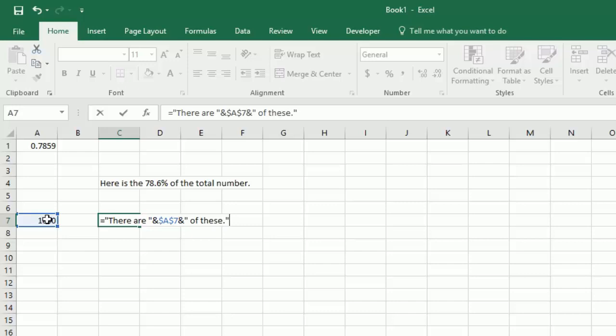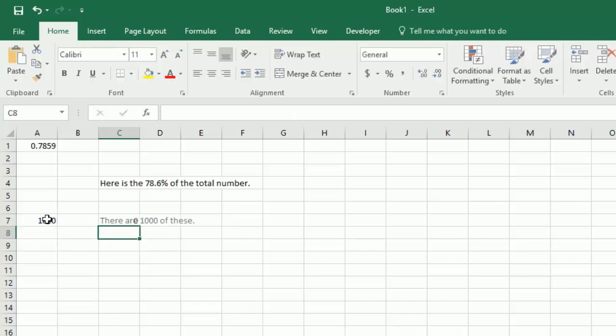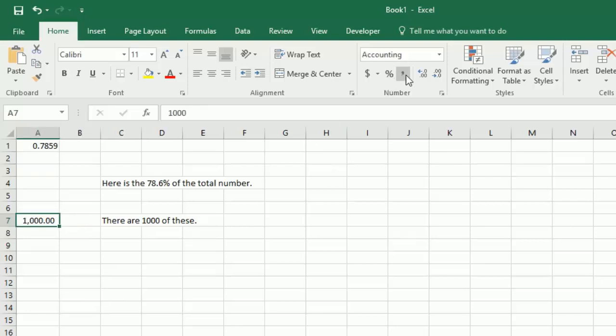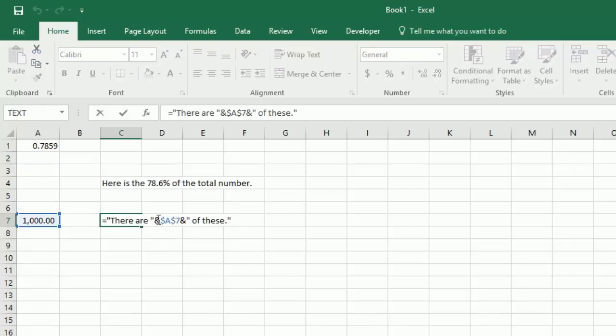Notice I did not put the text formula in there because I want to show you something. Doing it this way shows you exactly how you have it formatted in the first cell. If you change the format of this number, when you click up here, it's not going to change it in the sentence. You have to actually use the text formula for that formatting to take. So you come in here, text, there's my reference, using the arrow keys on the keyboard, comma,